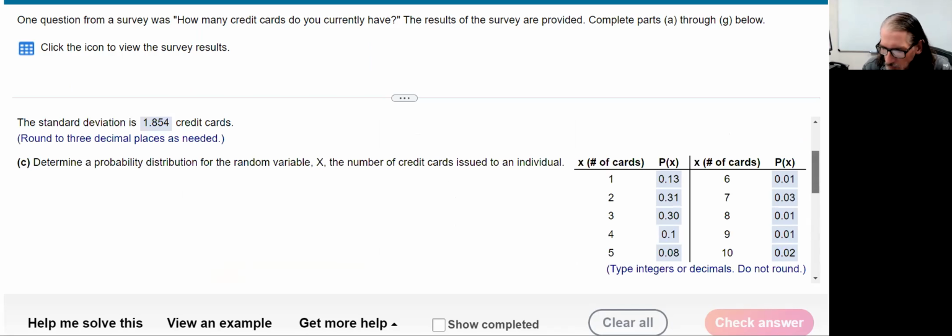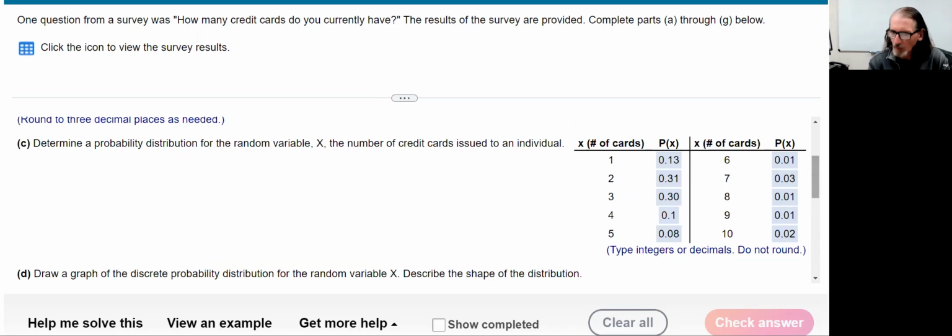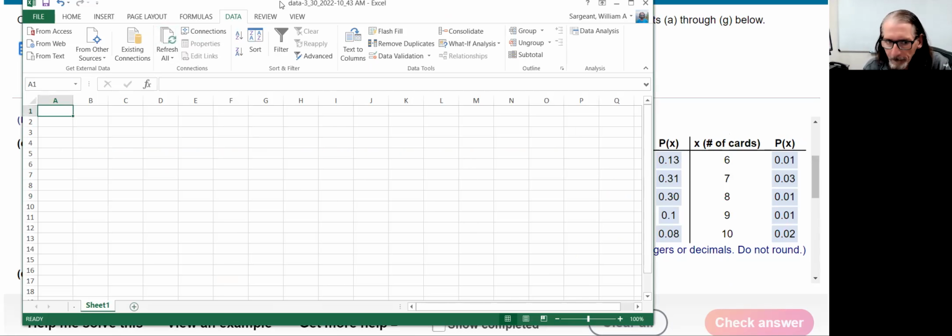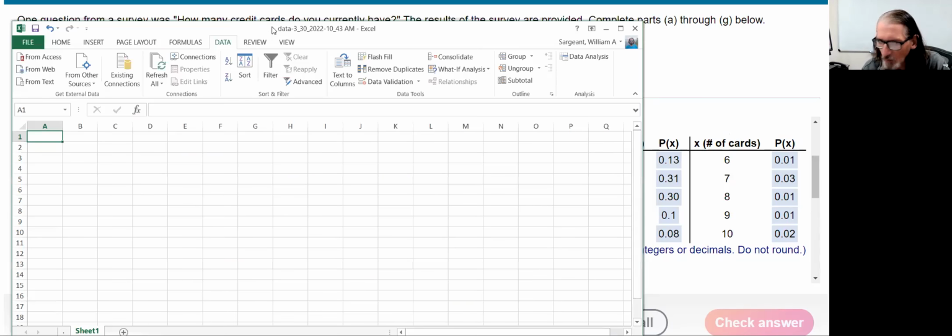Well, because this was empirical probabilities, based on the raw data up above, you might have an idea what the answer is going to be, but just in case, let's see here. We had scores from 1 to 10. And then our probabilities were